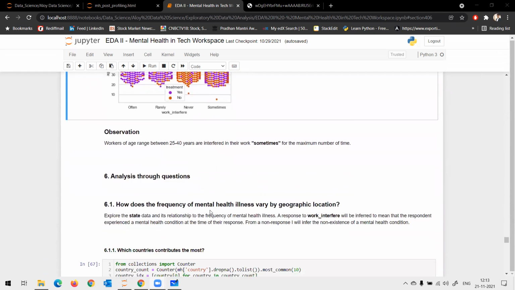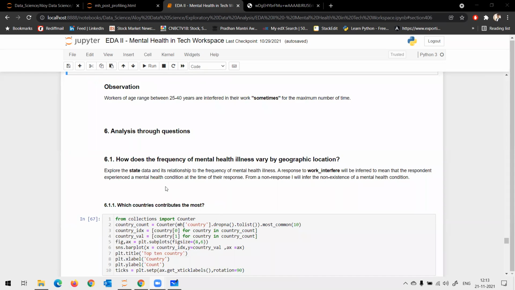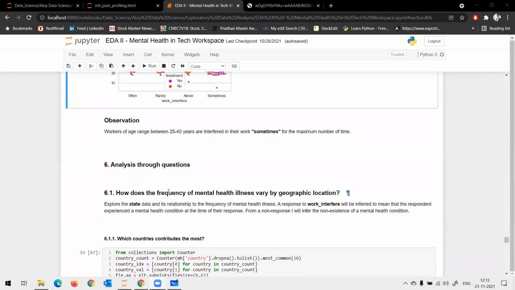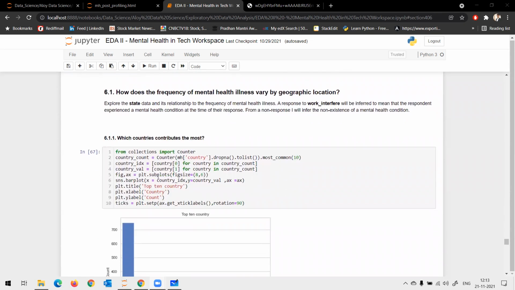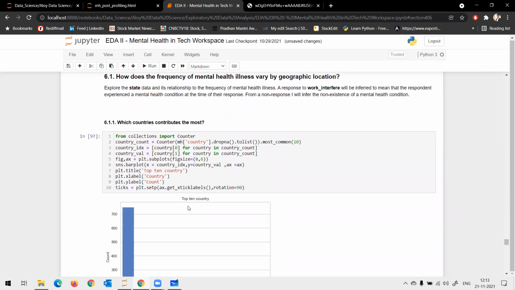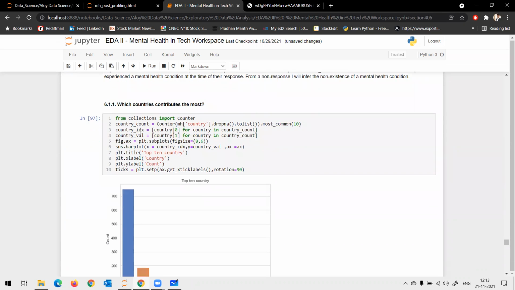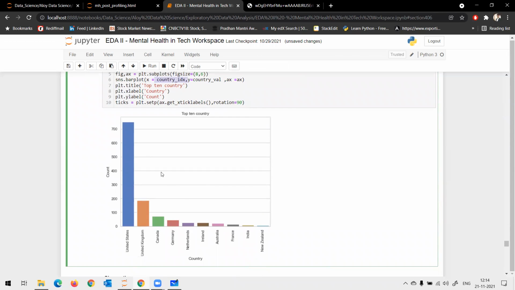Okay, and coming to the next topic, when you have geographical data, when you have a column which represents the countries, we should also give importance to geographical analysis. So you need to check your data from a geographical perspective. You can see the distribution of the data with respect to what countries' information you have. Basically you're going to check a count plot of your country, that is the distribution of your countries.